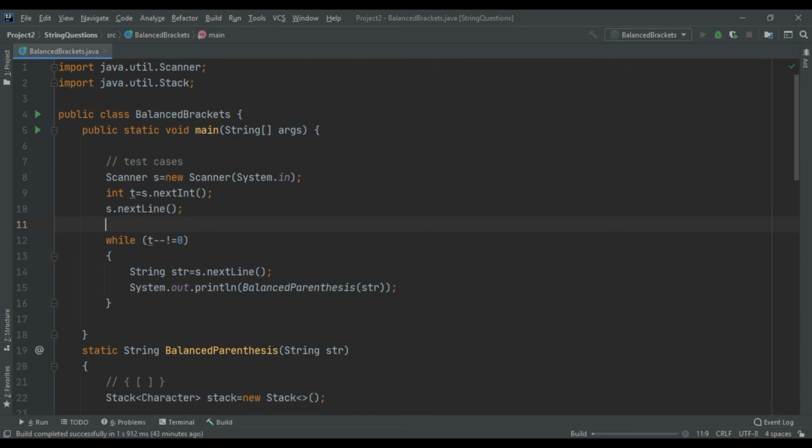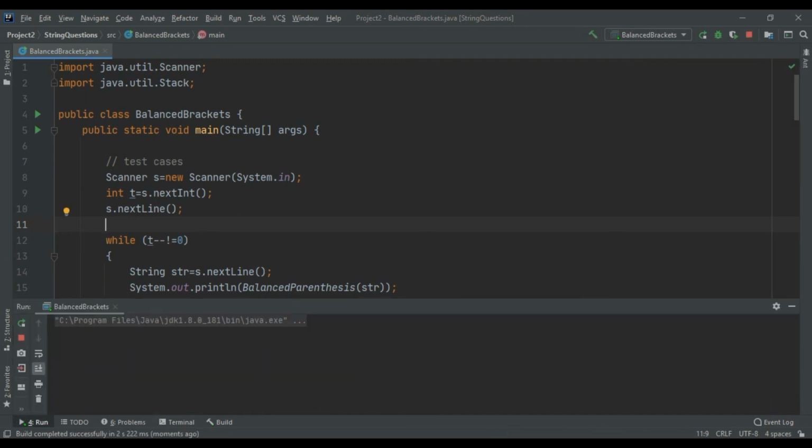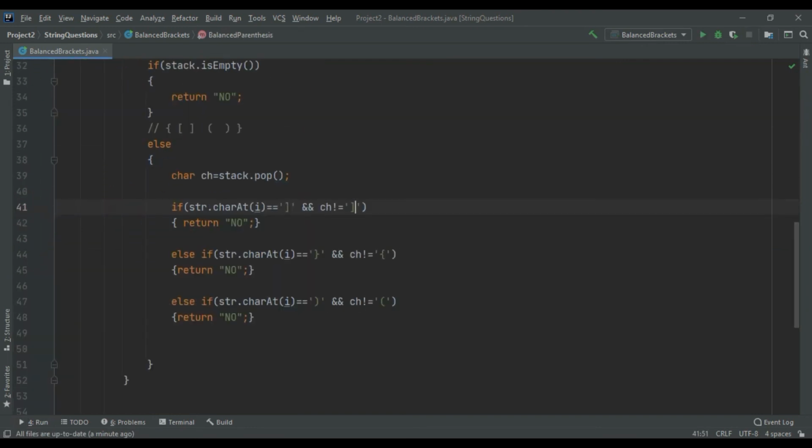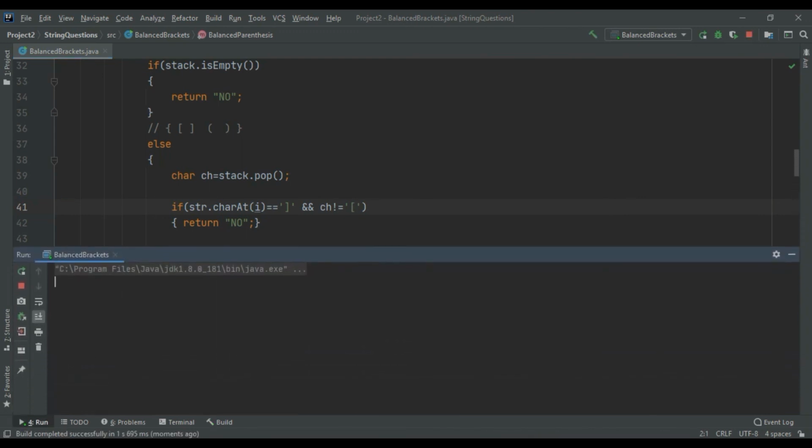Now let's just check this out. Now I would be considering three inputs. First input, if I am taking this and this, oh, it is telling no. Why? There might be some error in our code. We have made a simple mistake, it would be this, that's why it was posing an error. So let's now run this. If we do number of test cases 3, oh yeah, that is correct.